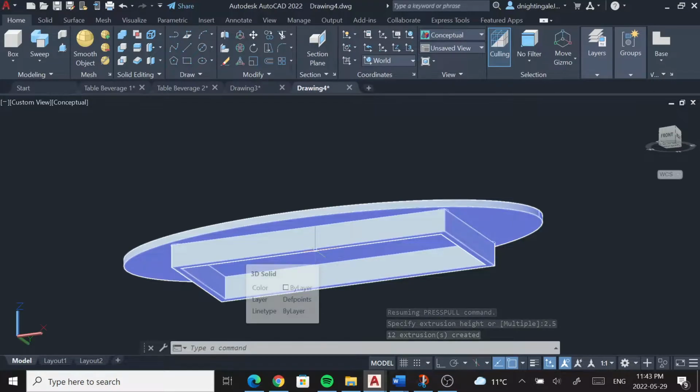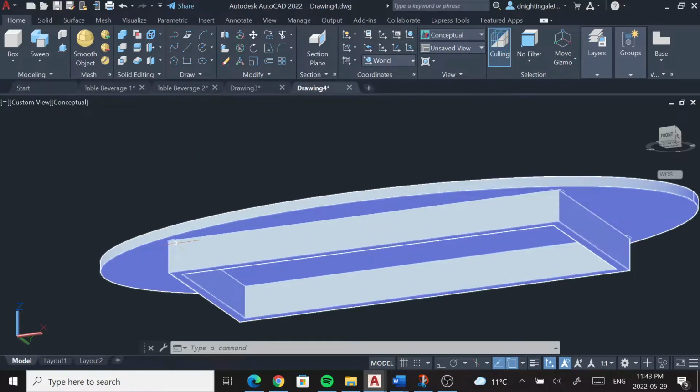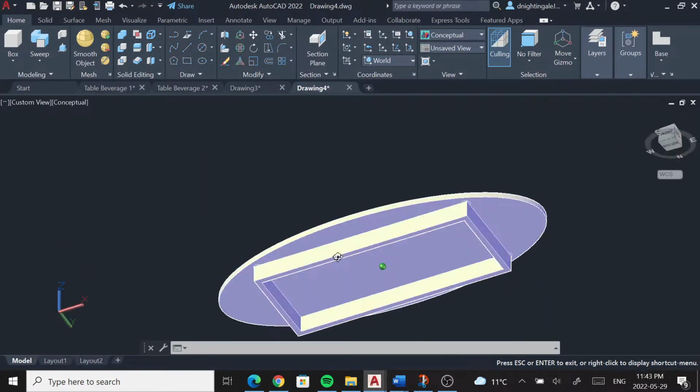So it's a good idea before creating your table to have a good idea of what you want the dimensions to be. Or you can kind of play around with it as you go and see what looks pretty decent. Alright,